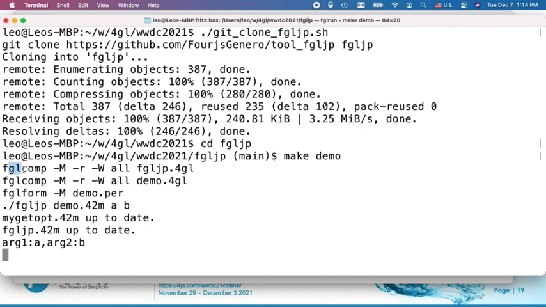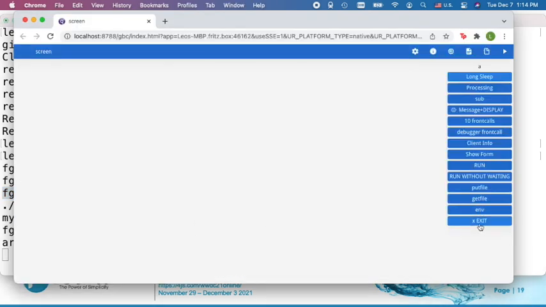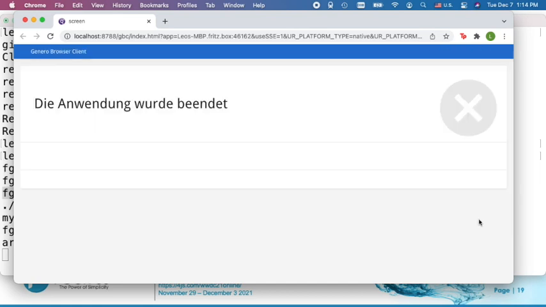You see, I did compile the FGL-JP tool, I did compile the demo, I did compile the form, and then FGL-JP can invoke the demo on your local machine. That is nothing new compared to FGL web run. If you would use FGL web run on your local machine, you would get the same easy invocation. But now